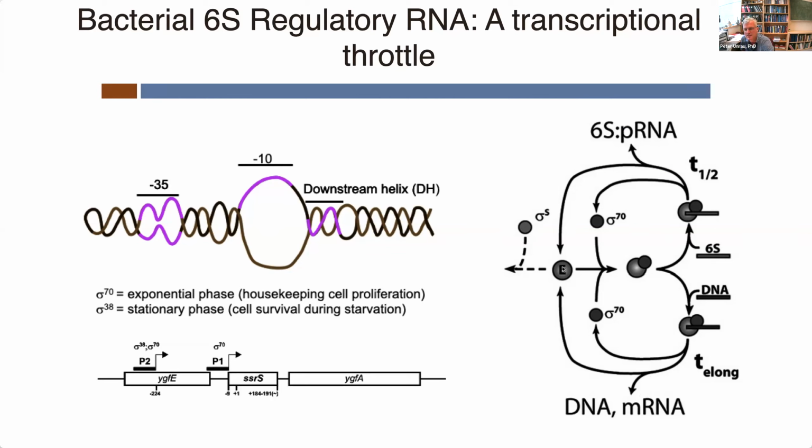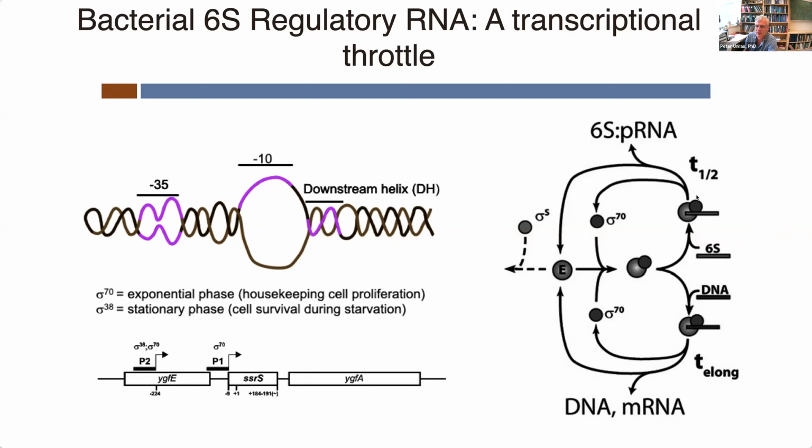This core enzyme then rebinds a sigma 70 factor. But if there's lots of 6S RNA around, it's going to bind upwards in this pathway. And depending on the rate of release of the 6S RNA, it's going to inhibit this bottom transcriptional process. In stationary phase cells, you actually have the majority of sigma 70 holoenzyme in this state, as Wassarman and others have shown.